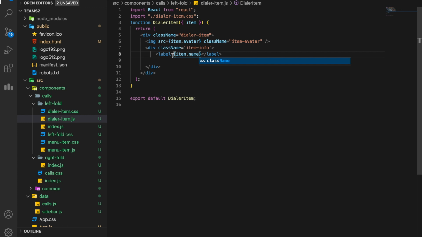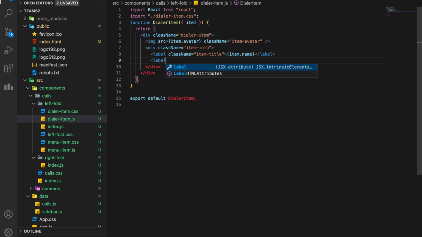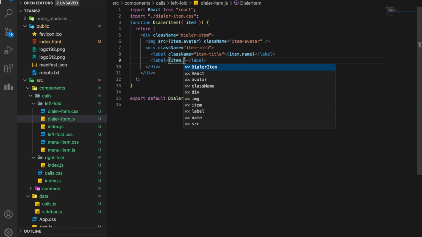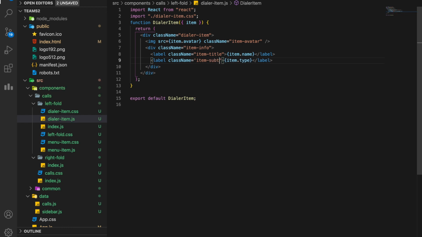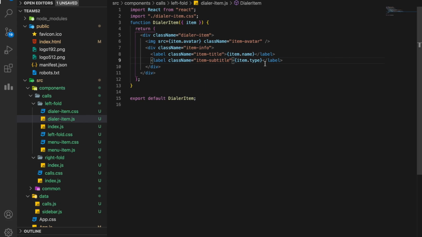Item name, let's give it a class name of item-title, and another label which is item type, and give it a class name of item-subtitle. Perfect. Now we have the name and type here.